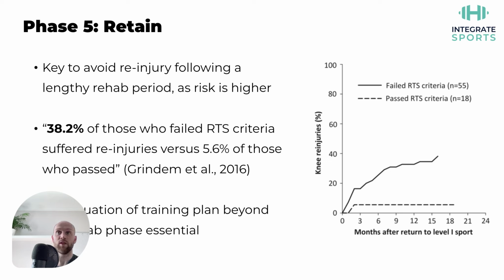So I hope that's been a useful overview of how to work through a 5-phase model. I haven't given you kind of specific exercises aside from the kind of assessments, but that's something which I'll be looking to do at a later date. But I hope that just gives you a rough framework for the 5 phases you've got to go through, the rationale behind it, the research that supports the risk of re-injury if you don't follow something like this, and how it can help you get back to sport faster and with more clarity.